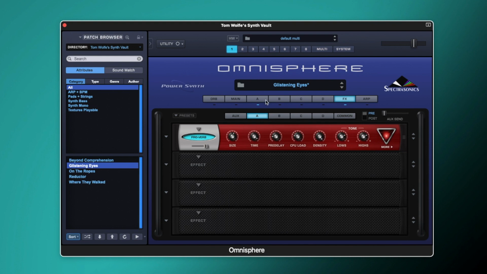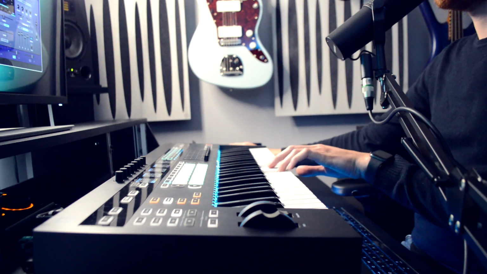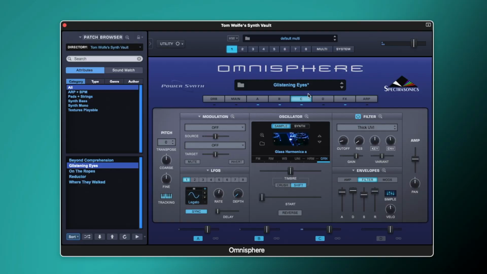So now we can play all the layers together. So I'll turn on layer B and layer C, and it sounds like this. We've got this really smooth, deep, glassy sound coming from layer C. We've got this harmonic content coming from layer B. And then we've got this pitching glisten coming from layer A,